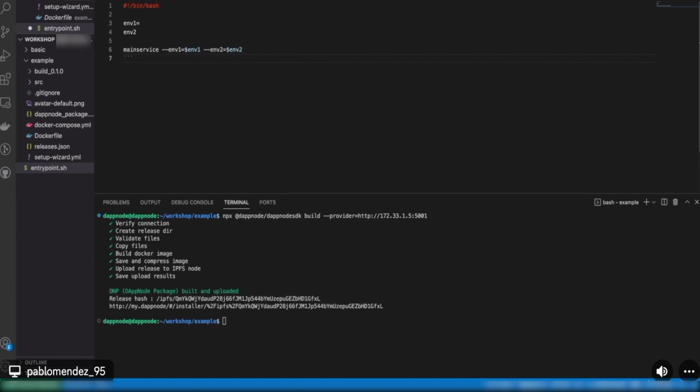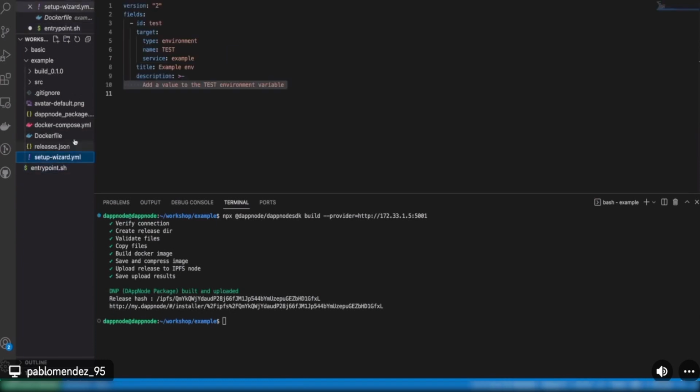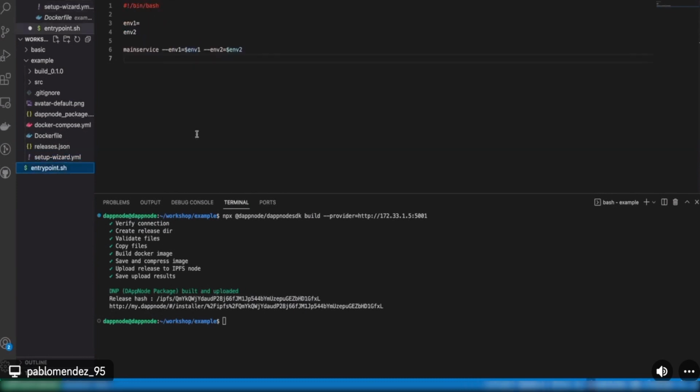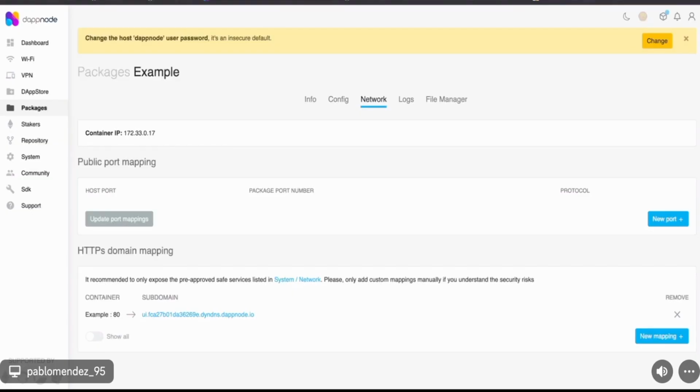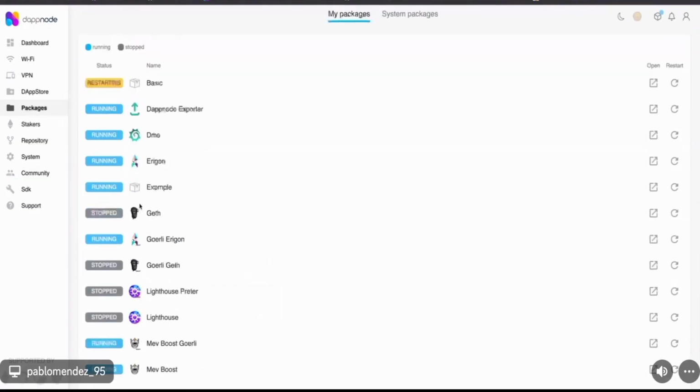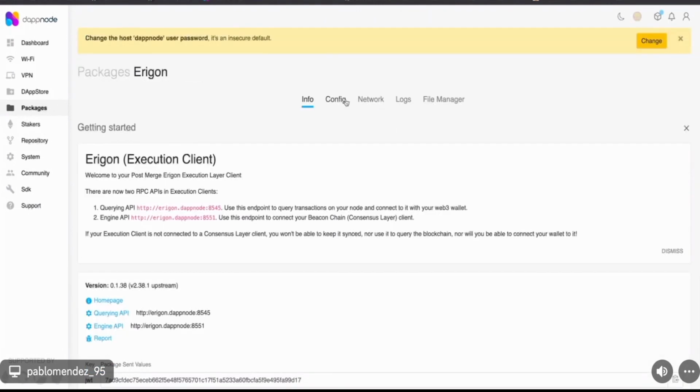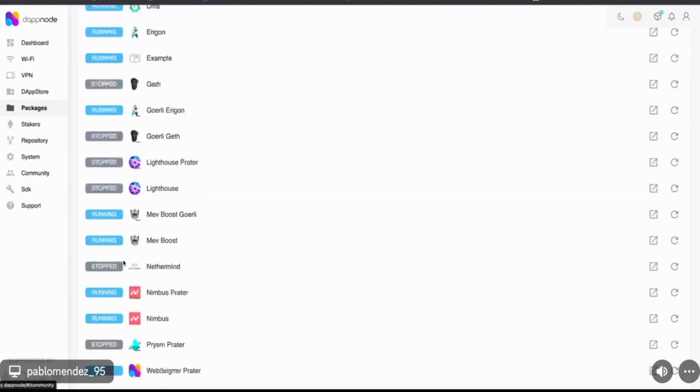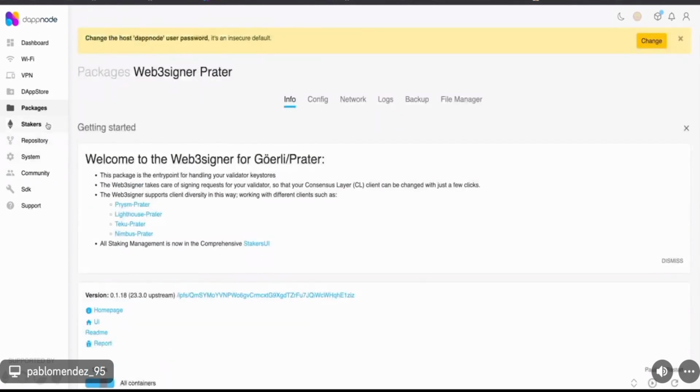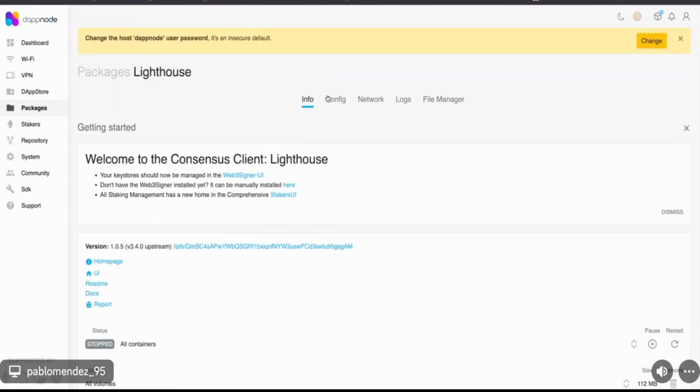Not sure if you are following me, but I think it would be easier for you to just have one service, and then using the setup wizard, ask for the values that you need, and in the main service, use those variables at your desire. And the user will always be able to edit those variables through the config view.